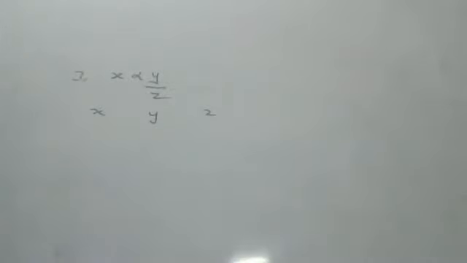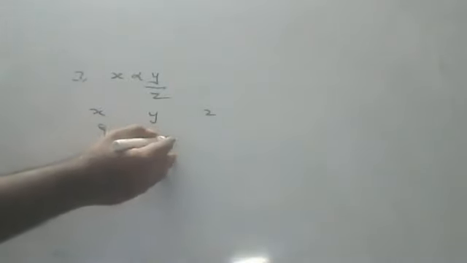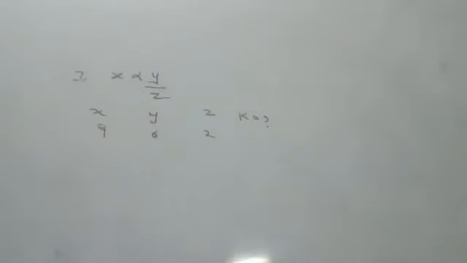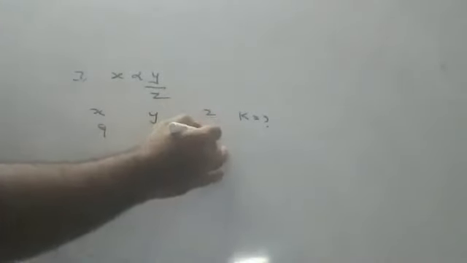You see, children. x varies directly as y, x is directly proportional to y, and inversely as z. He only said inversely as z. So x, y, z. x is 9, y is 6, z is 2. Find the constant. I'll give you 30 seconds. Anyone will say the answer? I will see who will tell first.